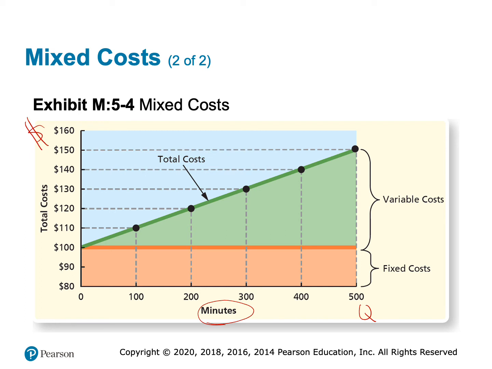Now, this graph looks like you took a variable cost graph and you set it on top of a fixed cost graph. So instead of our y-intercept being 0, 0, like it was in a variable cost, our y-intercept is always equal to our fixed cost amount. In this case, that was $100. So your y-intercept